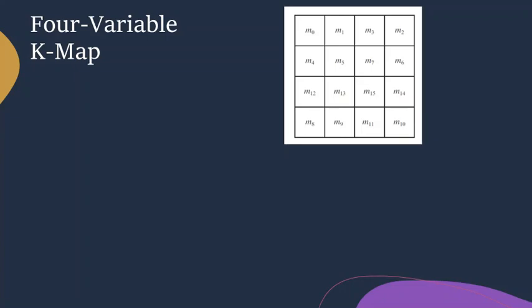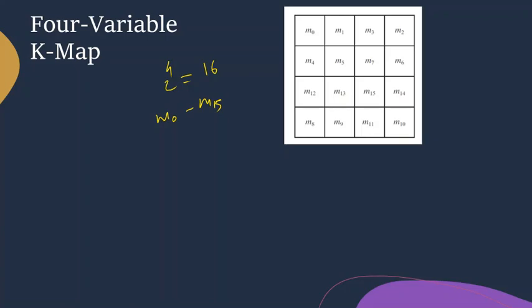So this is how the four variable K-map looks like. Four variable means 2 to the power 4. Total number of min terms is 16. The number will start from M0 and it will go up to M15. So here the four variable K-map is a 4 cross 4 box setting, and each box represents